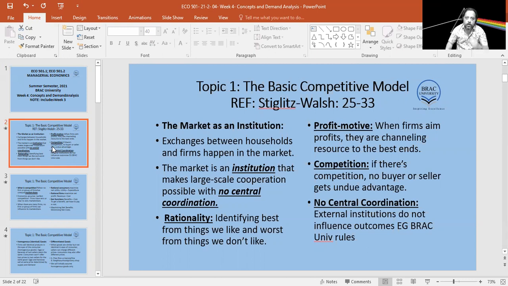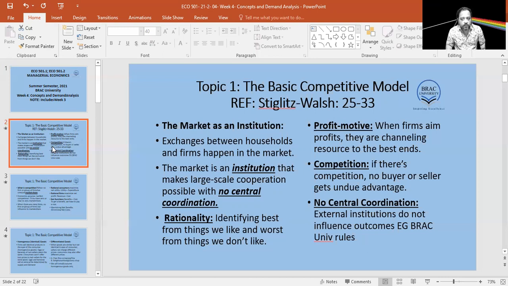Before that, we said that decision makers in a market are rational. How did we define rationality? We defined rationality as being able to identify the best from things we like, for example, utility for households, profits for firms, and also being able to identify the worst from things that we don't like. That means the minimum value, for example, expenditure for households